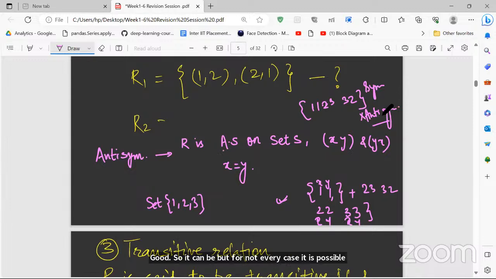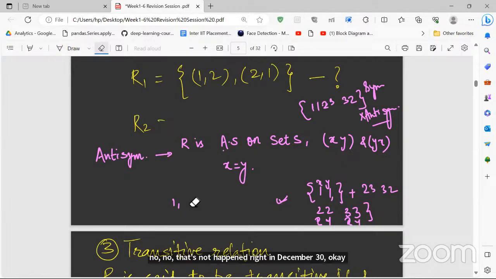So, sir, if we extract 1, 1, then 1, 1 is a subset of the symmetric. So in that way, you can say we are just taking out the subset of a symmetric matrix. I need to check because I need to see for all the cases. I don't think it works that way, but I guess that should happen, because anti-symmetric matrices. No, that should not happen, right? Anti-symmetric, that should not happen.